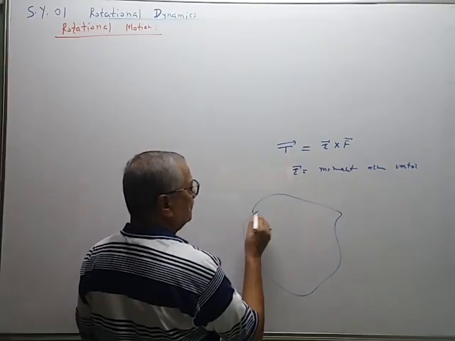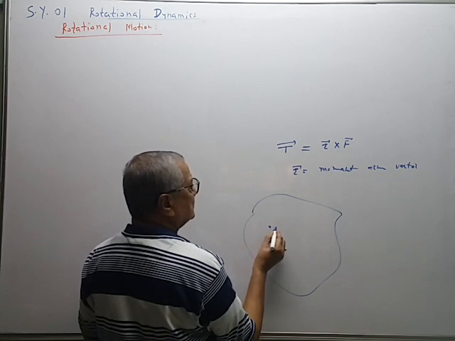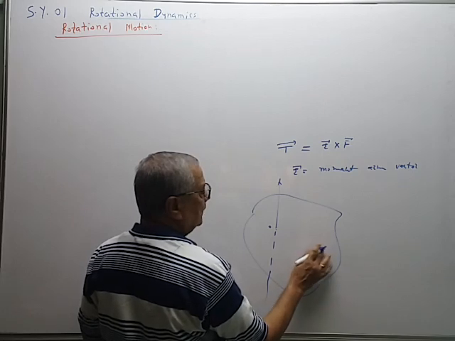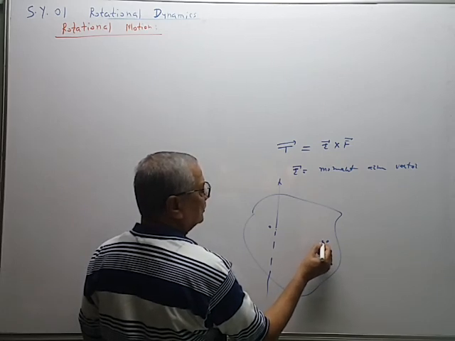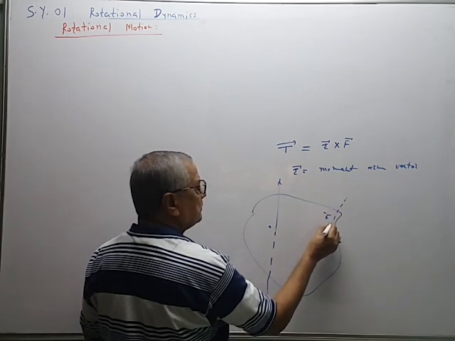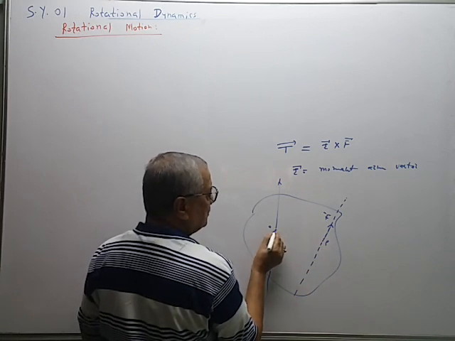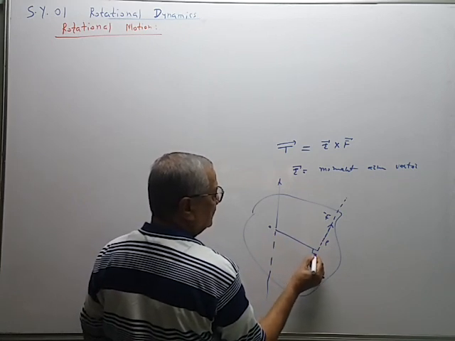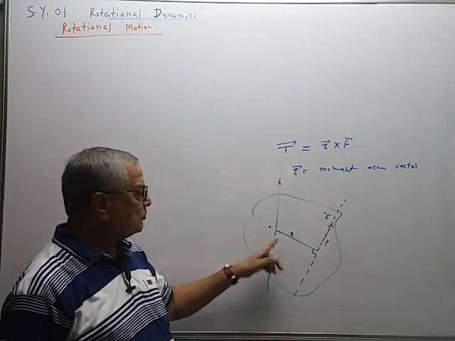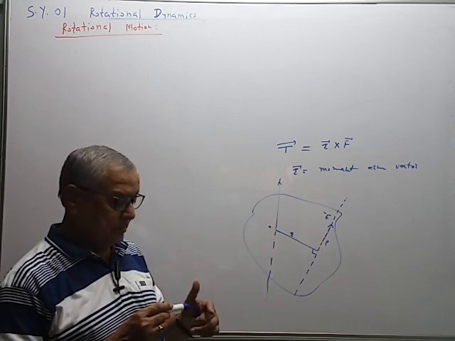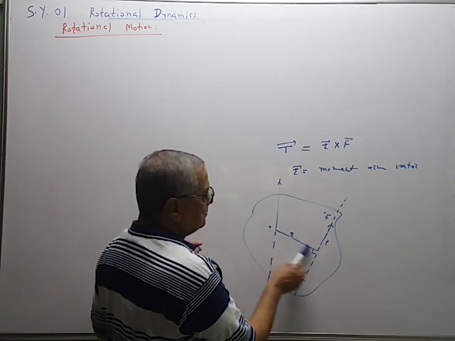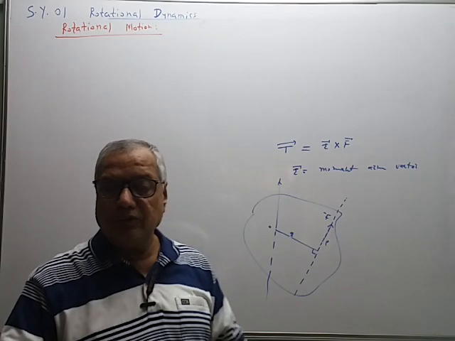Suppose this is a rigid body, and this is the point through which the axis is passing, like this. The axis is shown like this. Then, if this is the point P where the force is applied, say in this direction, then this is the line of action of the force. So draw a perpendicular. This angle is 90 degrees. So this is called the moment arm. It is the perpendicular distance between the line of action of the force and the axis of rotation. Even if point P is here, we do not call this distance the moment arm. It is a perpendicular distance. So this is the idea that we know.